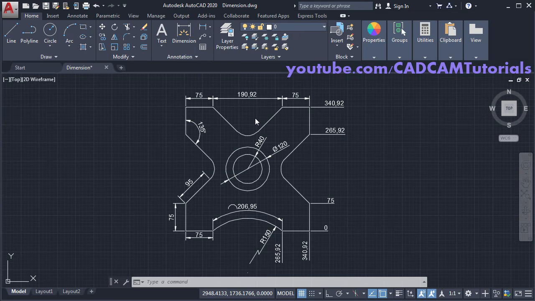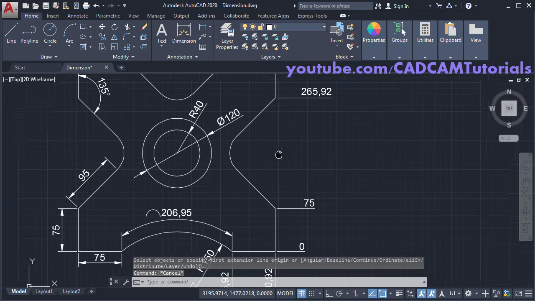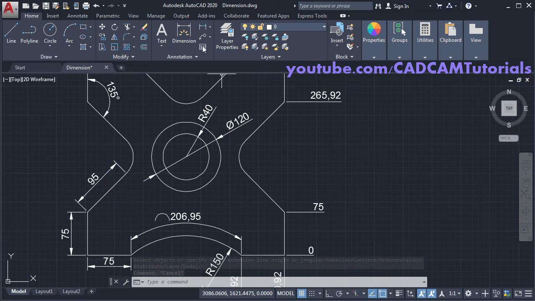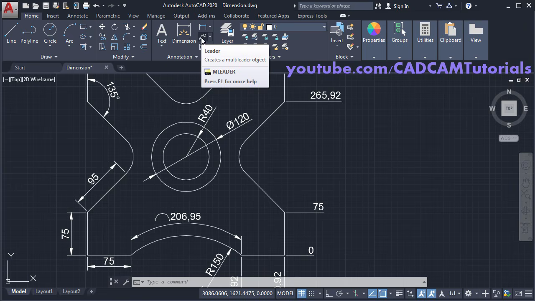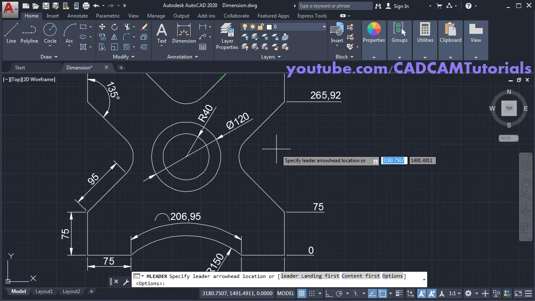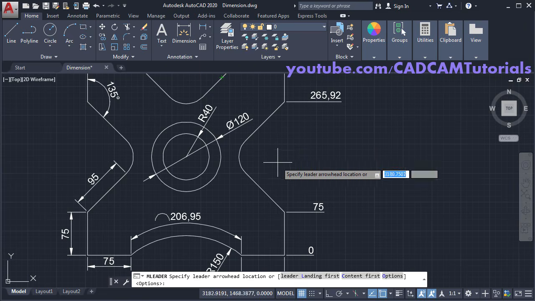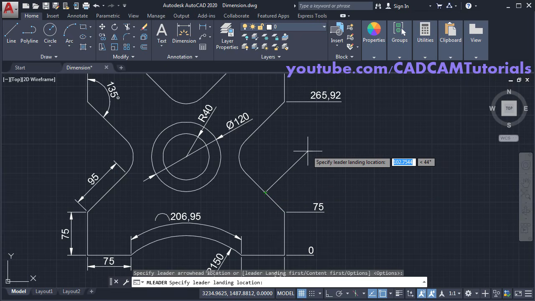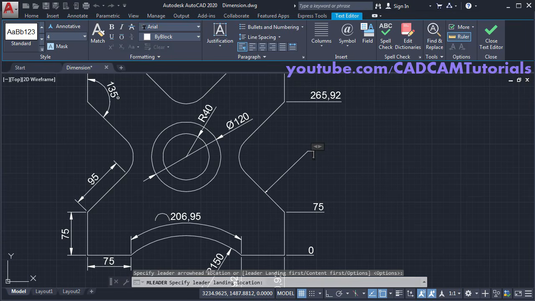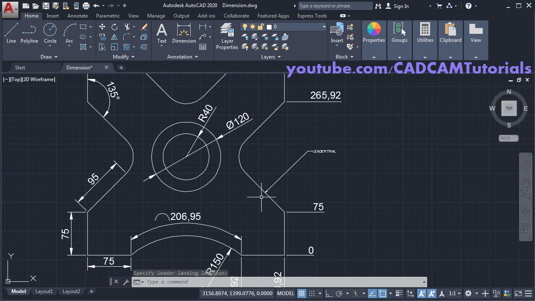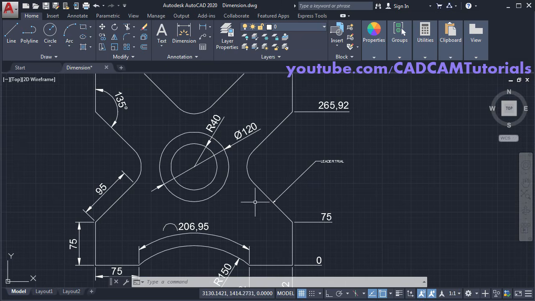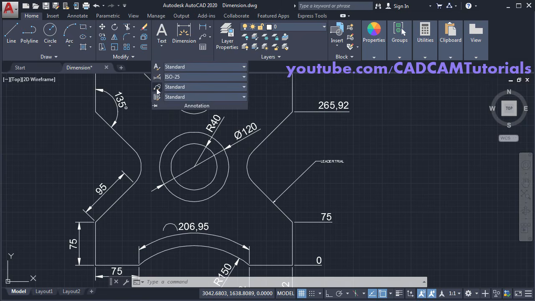Press escape. Then if you want to give arrow with text, then you will have to use leader command. Click on leader, then specify leader arrowhead location. I will click on this midpoint, take your cursor away and click. Then type your text. Suppose I will type leader trial, click outside. Now this text and arrow is smaller. To increase the size of this leader, click on annotation, click on multi-leader style,